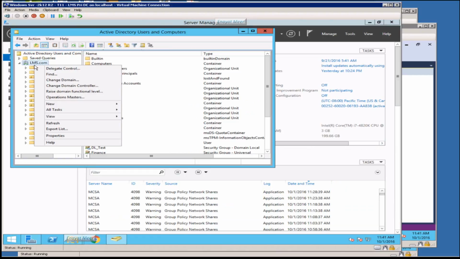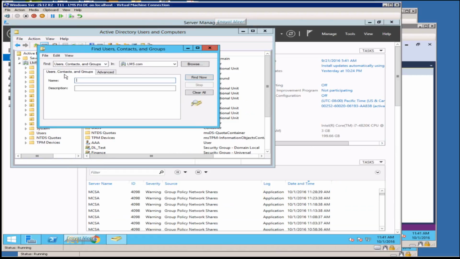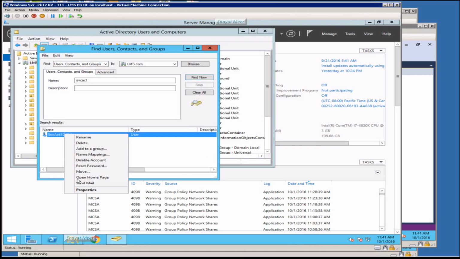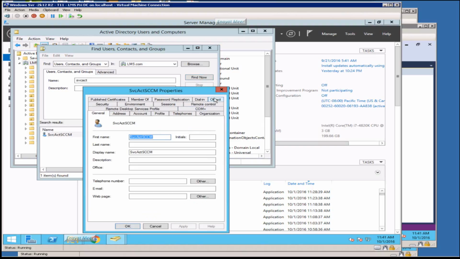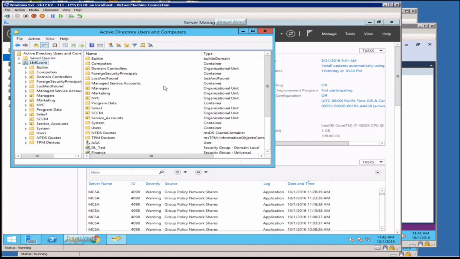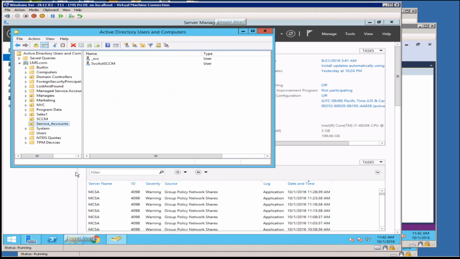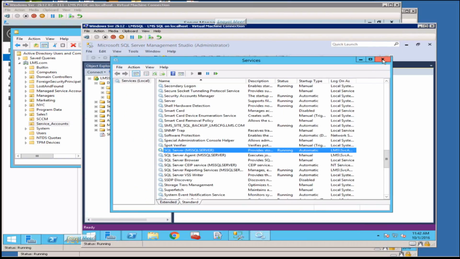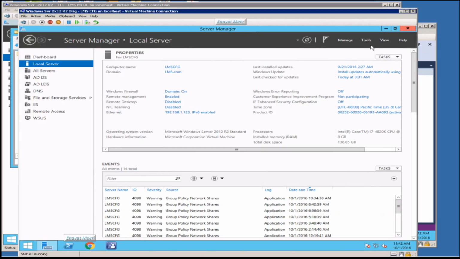You can simply go and search from find, or go straight into the OU which you configured as service accounts. So I have made a temp account first, or template account for service accounts, which I have used to create this service account. So this is the location from my object tab, and that is where I have my service accounts in my DC or domain controller. So this is the account which I'm using for my reporting server. So this is the location in Active Directory,